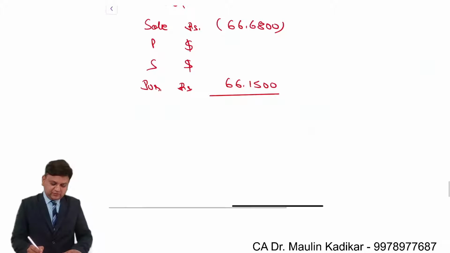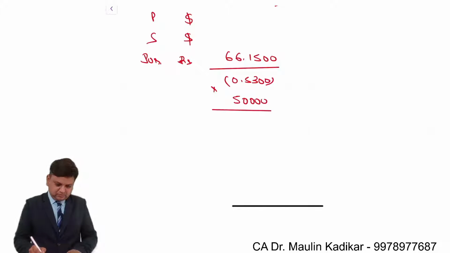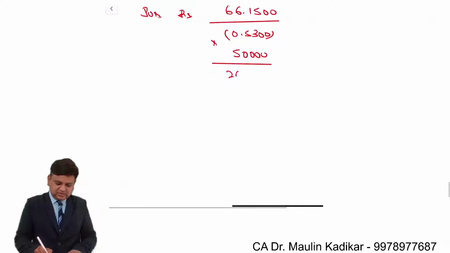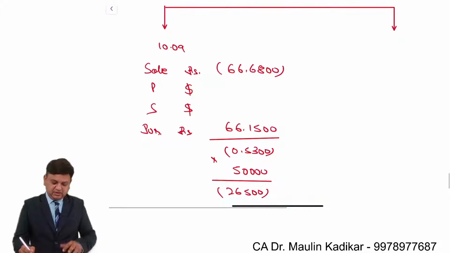So there is a loss of 53 paise into 50,000. So 26,500, and